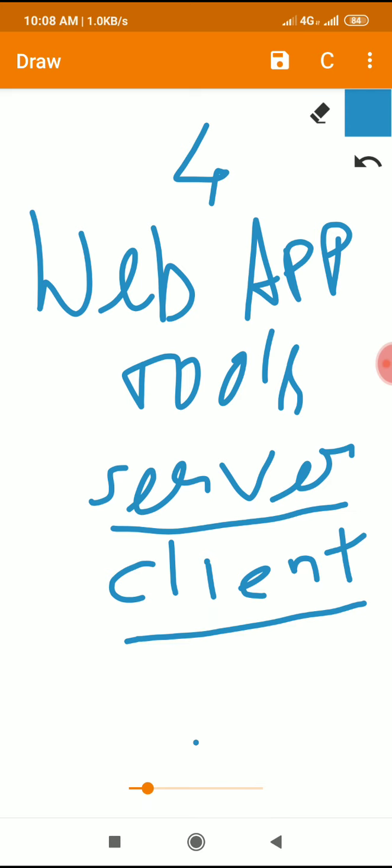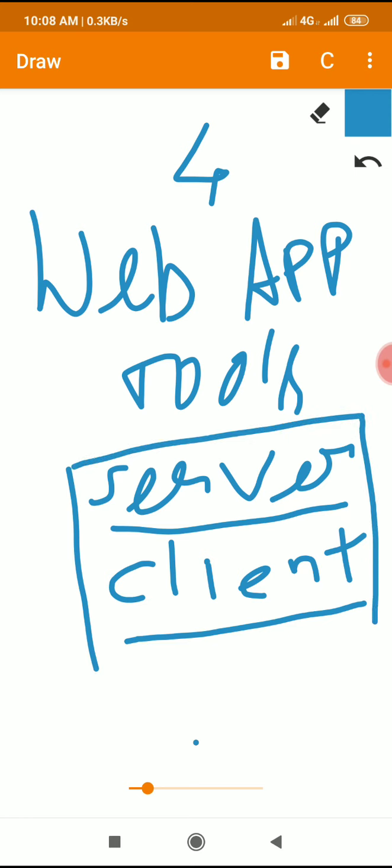But this server and client combinedly are called web app development. The server also has some program to be written on the server side, the client also has some program to be written on its side, and these programs, combined with this server-client architecture for website development, are called a web app. So a lot of programs will be involved.